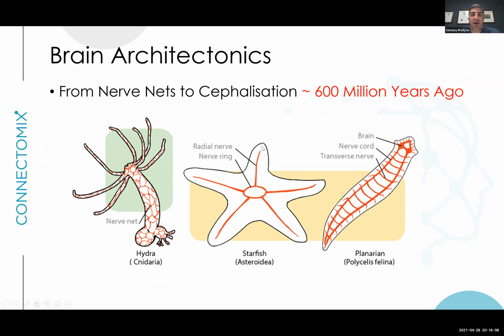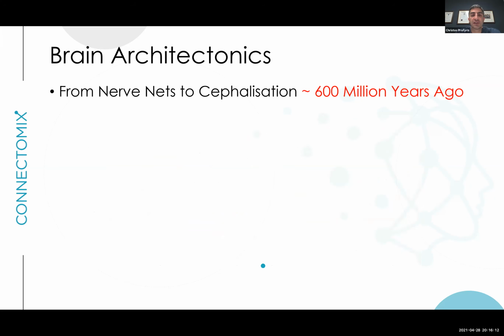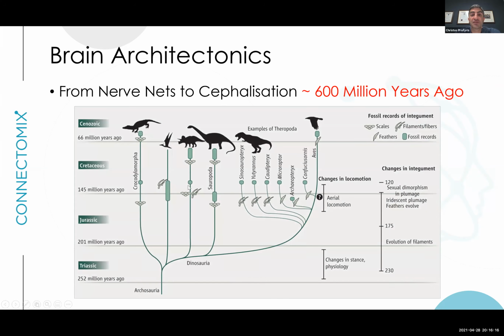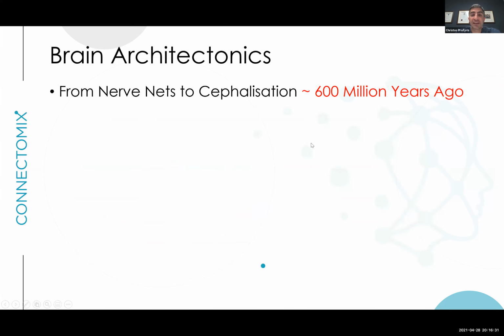Now, to put this into context, to understand how long it's taken for our brain to evolve, the dinosaurs were around about 250 million years ago and became extinct 65 million years ago. So our brain's been evolving way before the dinosaurs appeared, and it continued to evolve significantly after they disappeared. Looking at it differently,